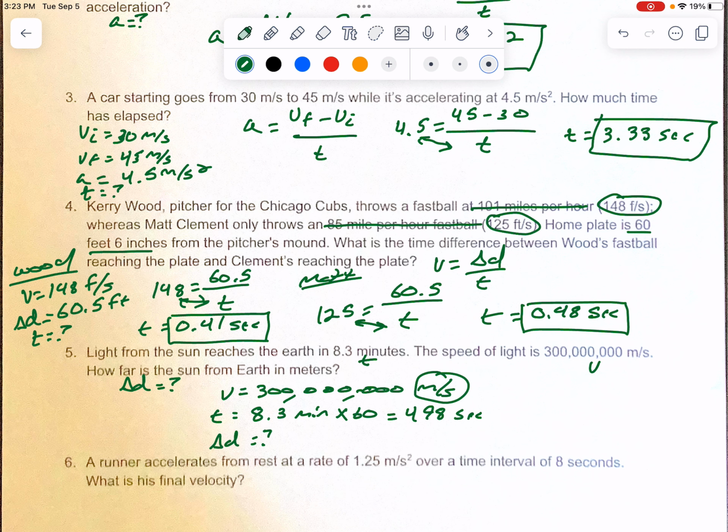So we're just going to plug in: 300 million equals our displacement, which we don't know, over our time, 498. Now we can just multiply both sides by 498, and you are going to get a big number, because you've got to think about this is the distance from the sun to the earth. In your calculator, you can write out all the zeros if you want to, or you may see something like an E. That tells you times 10. So if you got 1.49 E 11, that's the same thing as saying times 10 to the 11th